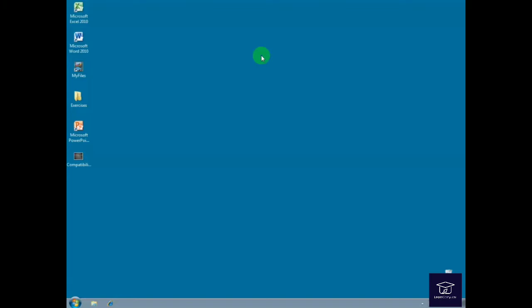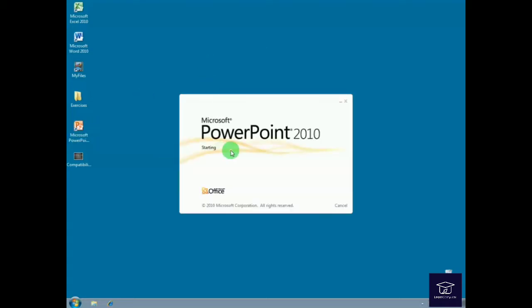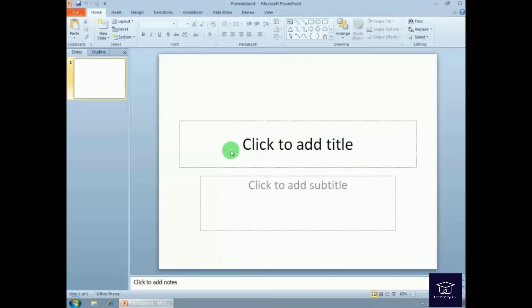Every time you open up the PowerPoint program, it's going to start you off with a blank presentation. That includes one slide. Let me show you. Come up here, double click on the shortcut, opens up the program, and the first slide here is called the title slide. And you can see that you've got a place where you can click to add your title and